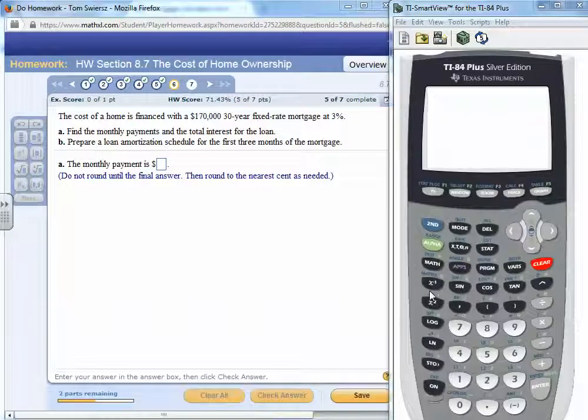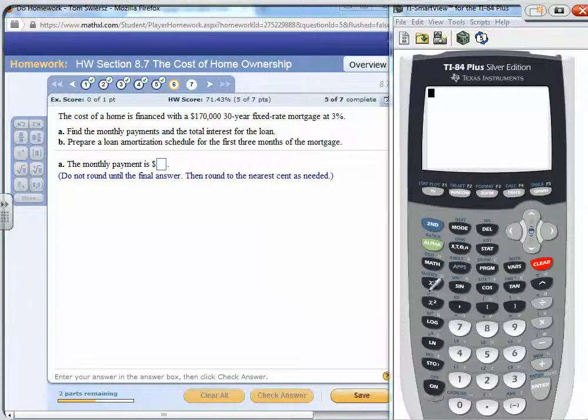Let's go ahead and solve homework exercise number 6 from section 8.7. This problem states that the cost of a home is financed with a $170,000 30-year fixed rate mortgage at 3%. Find the monthly payment and total interest for the loan. Okay, so for the monthly payment, we can go ahead and do